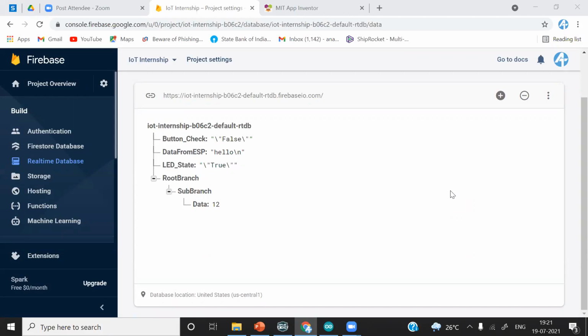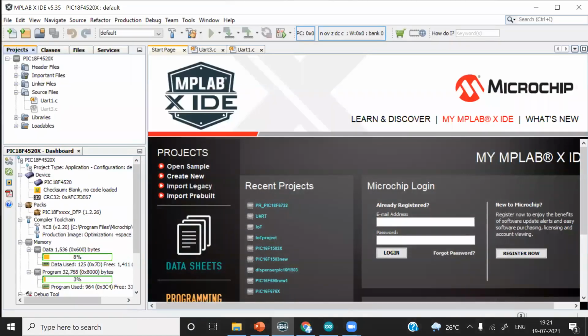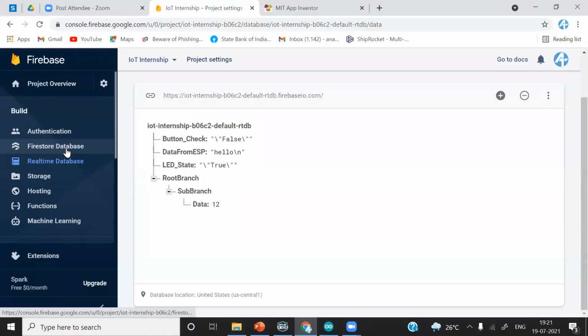Yes, MySQL. And there is one option also in Firebase, Firestore. It is used to store user data, whatever data you want to store. But to access Firestore, your account must be premium; you have to pay money.